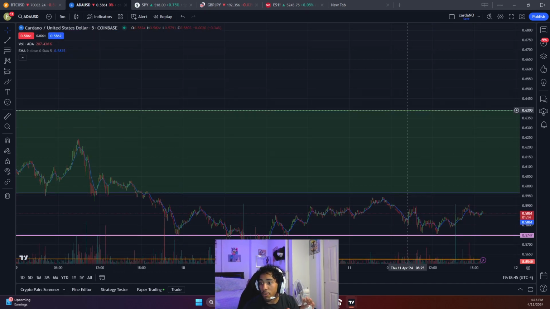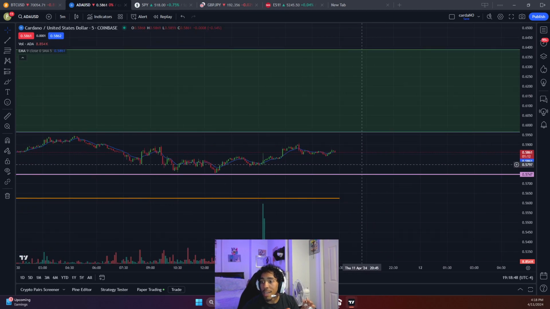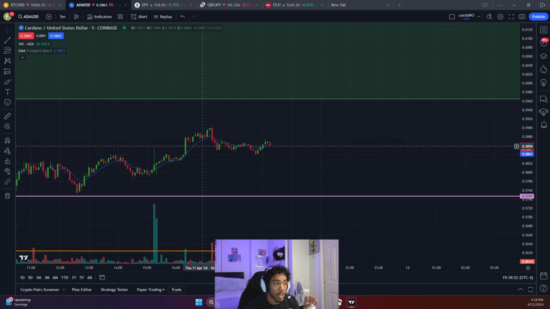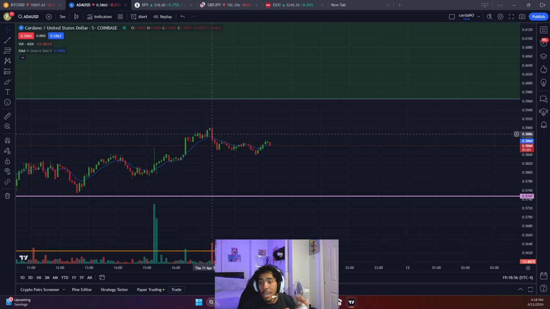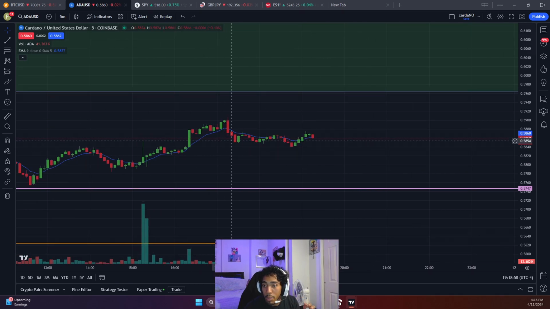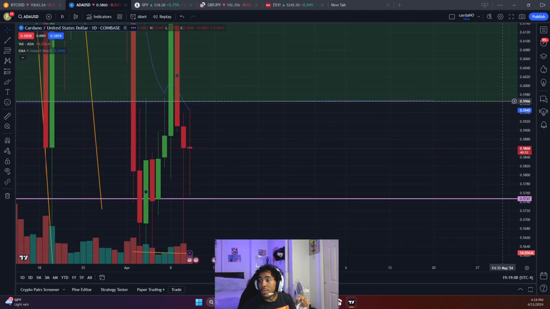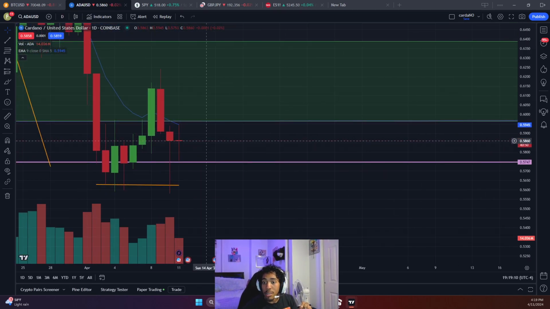is how long each candle takes to close. So look, I just switched it to 5 minutes. We're still looking at Cardano, by the way. Meaning that each one of these candles that you see here takes 5 minutes to close. So if I go back to that 1 day,